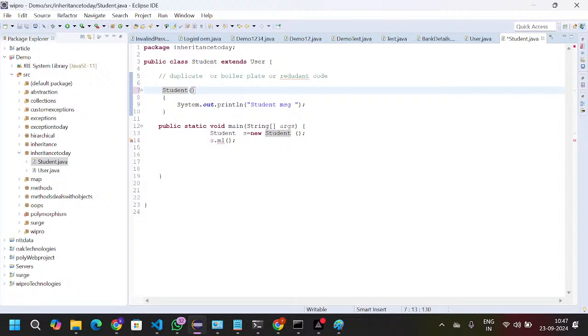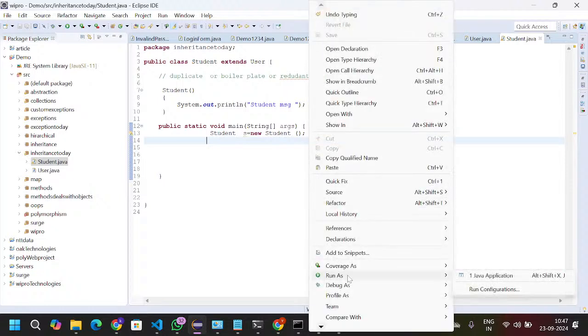So here, if I call the constructor, then you can tell me: first the parent constructor will be called and then the child constructor will be called. So that is the opposite. So if I call this one,